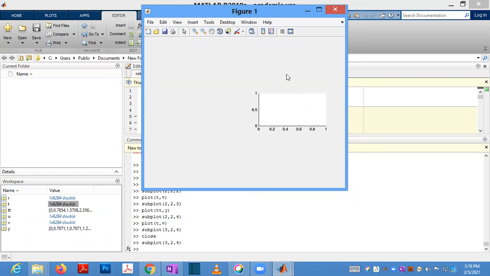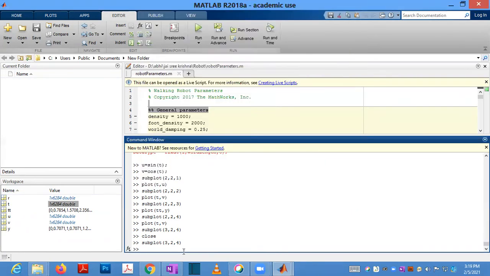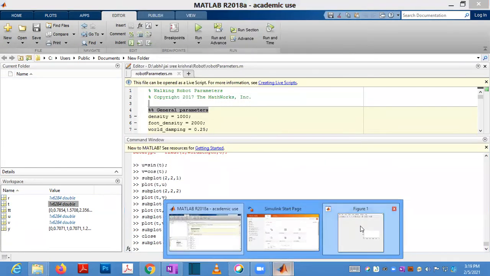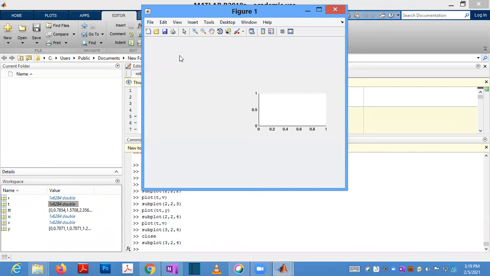The fourth element I am choosing now: 3, 2, 4. Now it is clear. First will be here, second here, third here, fourth here, fifth here, and sixth here. So subplot 3, 2 means it is creating 3 rows and 2 columns.